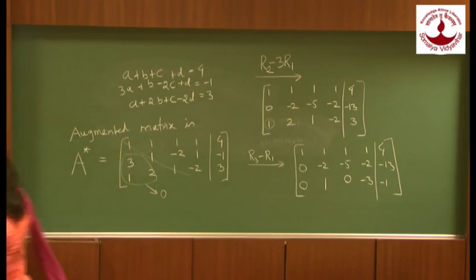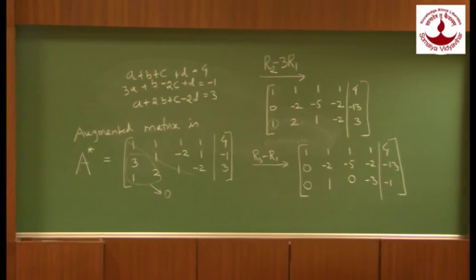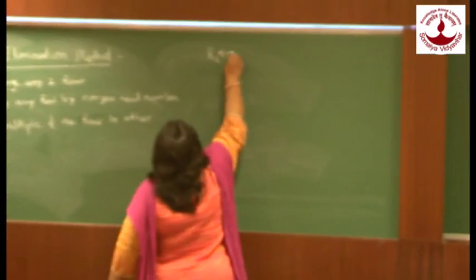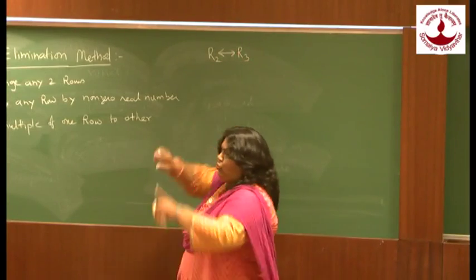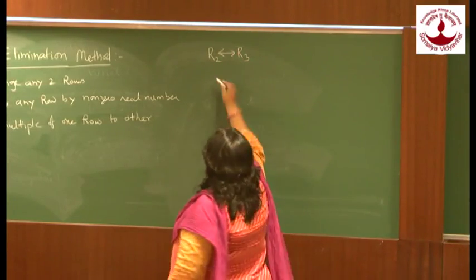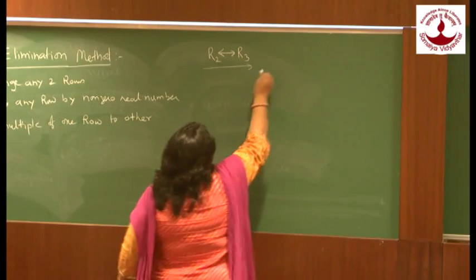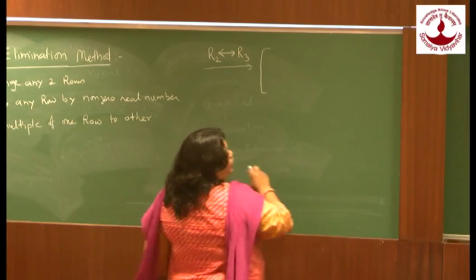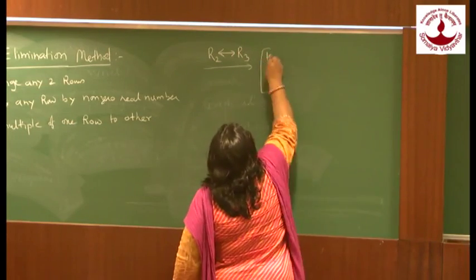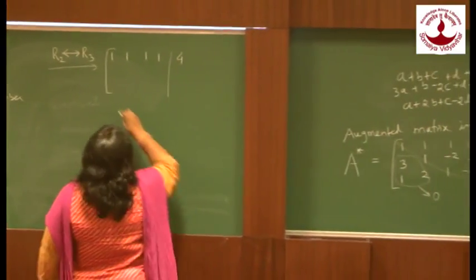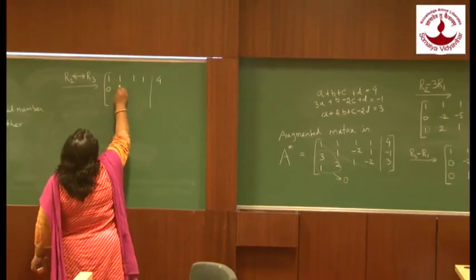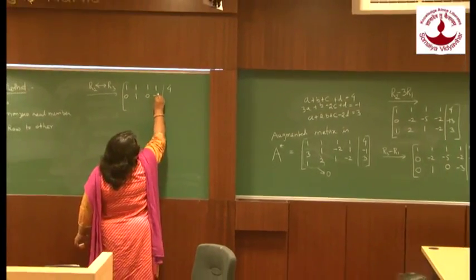So, the next thing is R2, R3 interchange. This is the sign that we use. R2, R3 is mutual exchange. After this, what you obtain is 1 1 1 1 as the first row. Extended part is 4. 0 1 0 0 1 minus